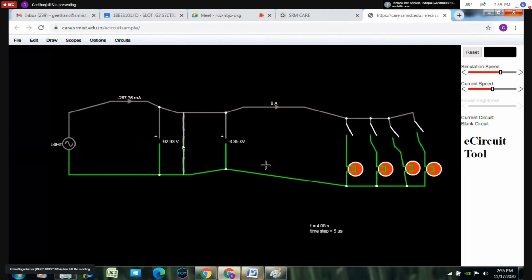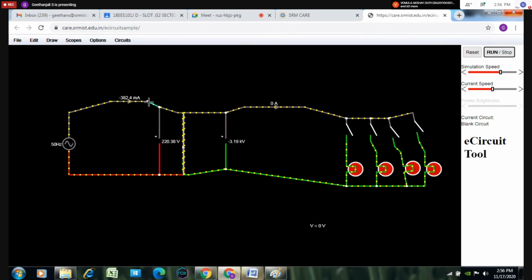Also you have to take the power. If a minus sign is coming, at this instant it is showing the value. You should not bother about the sign. You should take the magnitude alone. Then you have to stop and take the magnitude alone.